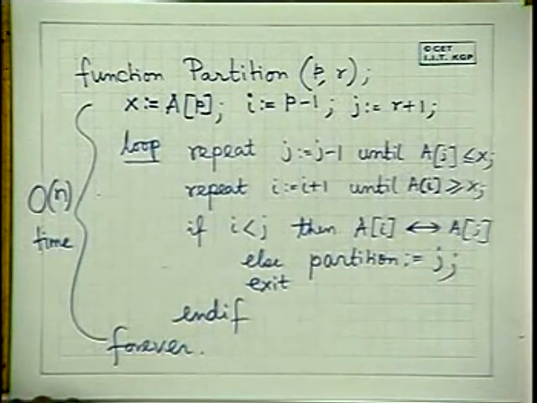Yes. So we have not taken care of the array size here. Like when you say I equals I plus 1, it might go outside the array and keep searching. You should take care of the boundary condition. Yes, we have taken care of the boundary condition, because we have said I is equal to P minus 1, J is equal to R plus 1. Yes, sir, but when you are moving to the left constantly or to the right constantly, you are just checking the value of the element. The element might be outside the array.